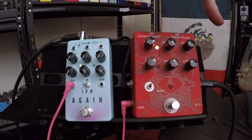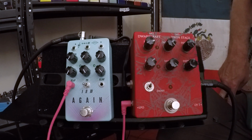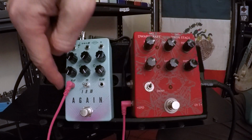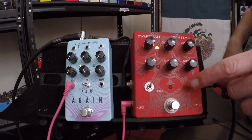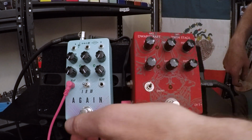You know what I noticed? Both those lights are in sync now, Nick. Oh, you're right. That is so cool. And that's some science right there. All you have to do is plug this little guy from there into there, and all of a sudden, these guys are talking to each other. So this pedal doesn't even need to be on for it to be communicating, right? So right now,